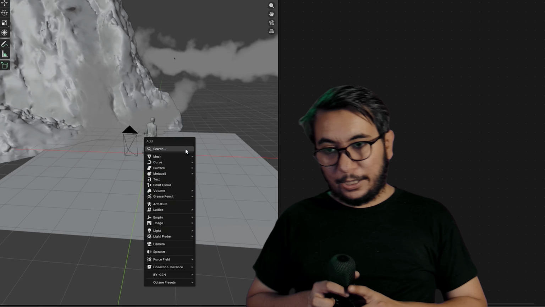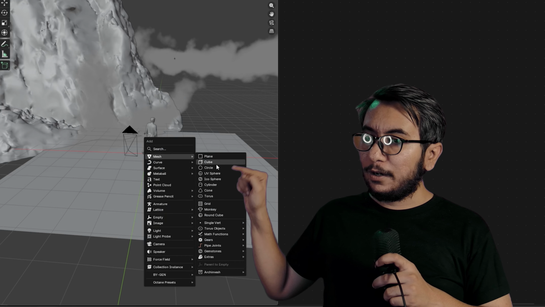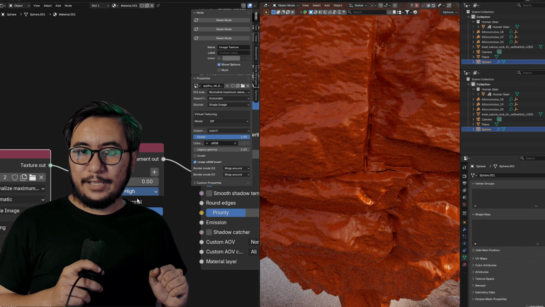Now here's the thing. When you're adding displacement, especially with Octane, you don't need a lot of geometry. Like for example over here, I'm going to be taking this sphere and I'm going to be adding a Cinema 4D noise into it. Now, as you guys can see, it only has a limited amount of vertices instead of